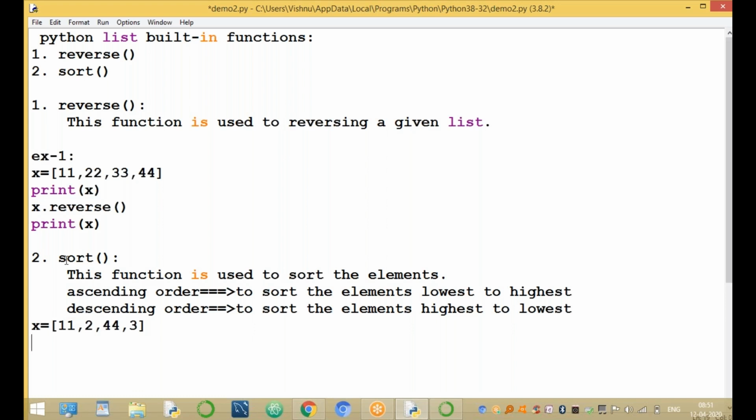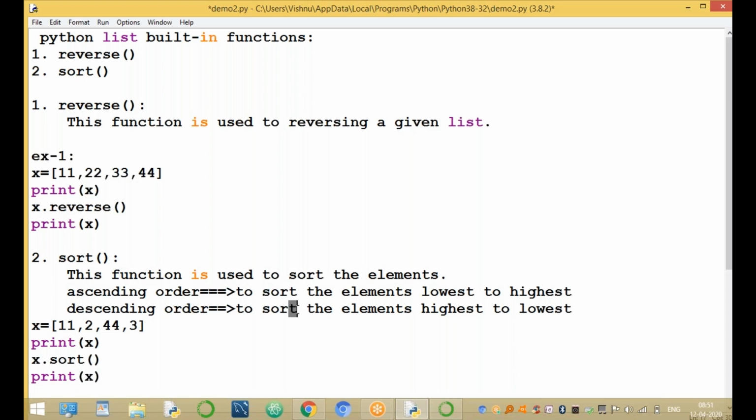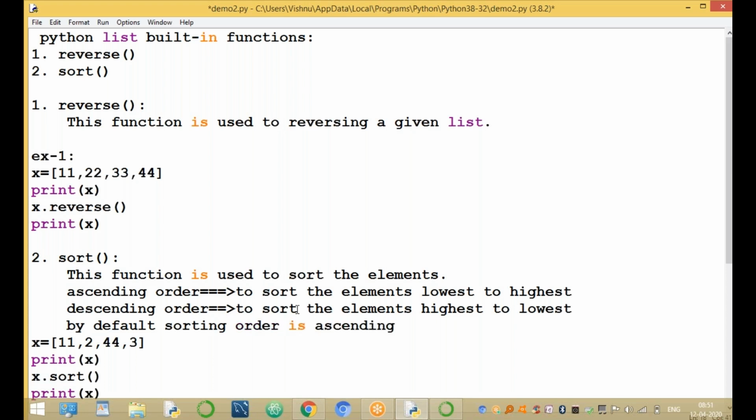This is the original list. Print of X. Okay, X dot sort, print of X. Here, by default the sorting order is ascending order.